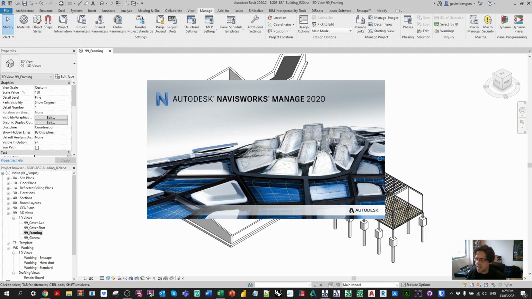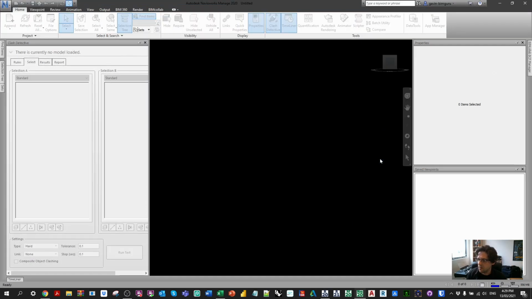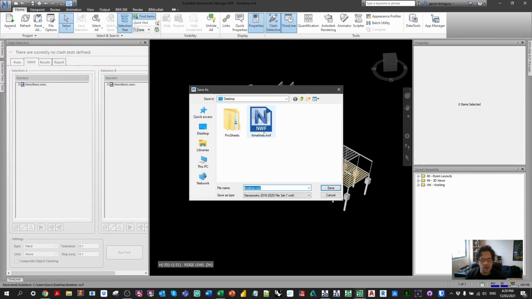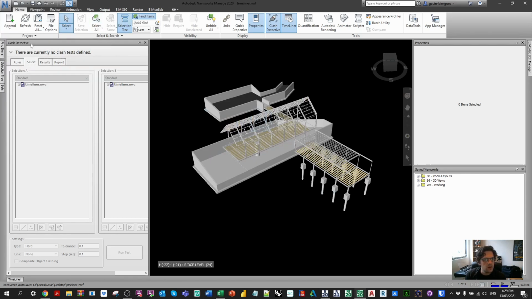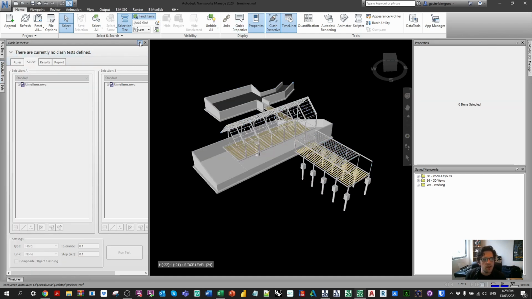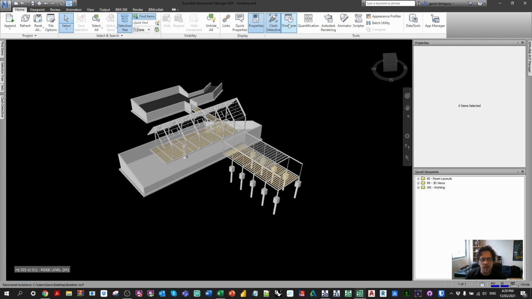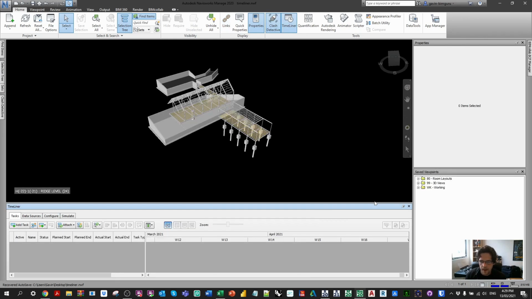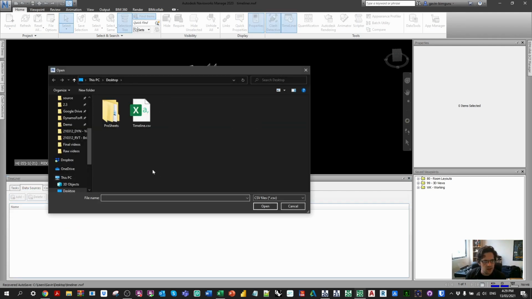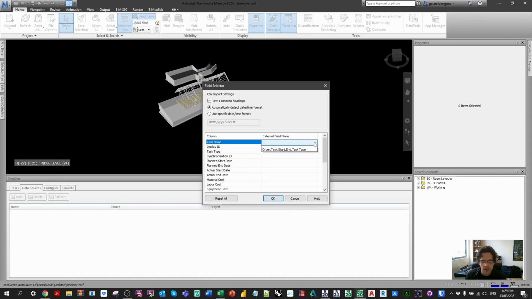So now that we've called this construct, it should hopefully line up with our task type, and then we should be able to at least automatically collect this. So I'm just going to save this file and make sure I'm saving to the original file. Great. I'll make sure that my selection's all working. Great. I'm going to pin my Clash Detective, and I'm going to load my Timeliner. Pin it, and in this case we'll try that again. I'm going to add that CSV data source timeline, and we're going to add